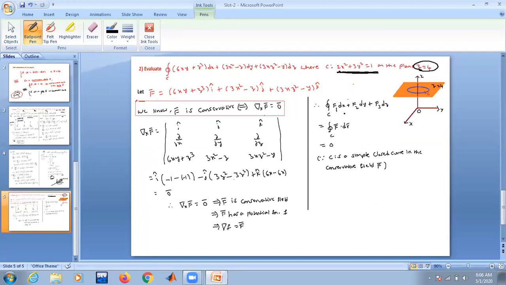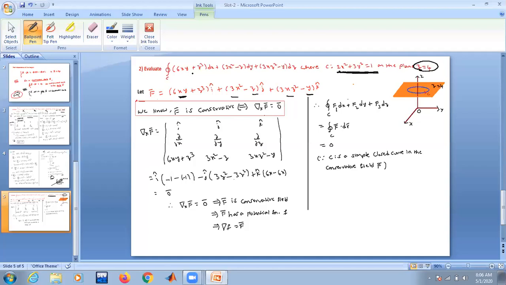Again, you can see the amount of work involved in finding this line integral. If you want to apply this formula in the usual method, you have to take a parametric substitution, like x equal to a cos t, y equal to b sin t, t varies from 0 to 2 pi, and find the integral from 0 to 2 pi of f bar dot dr bar by dt dt. Simplification will take so much time because you have to eliminate x, y, z. You have to write all these variables in terms of t and integrate. But if I observe this field is a conservative field, then the work will be reduced.